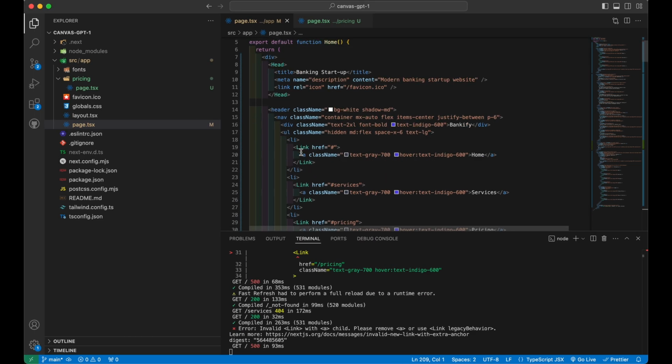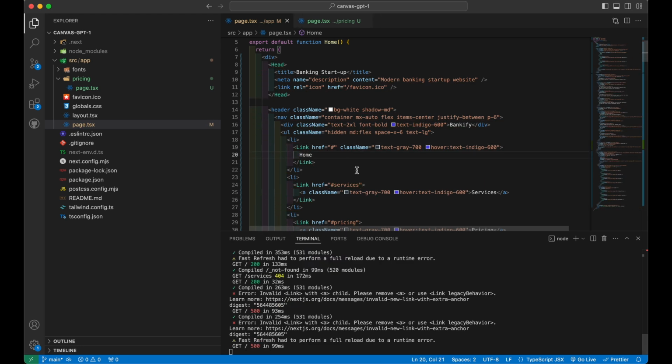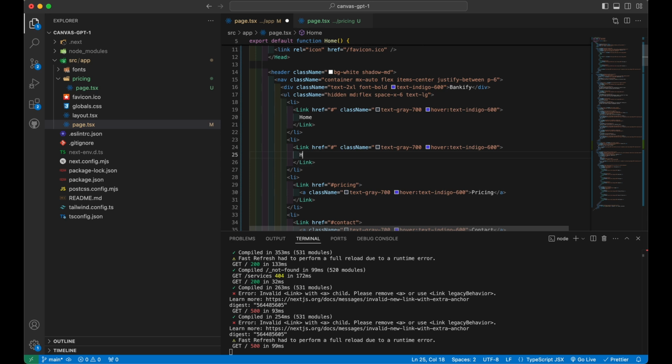I'll just manually override this for now, but let's go here. Let me just steal the class name, and then I'll just keep it on the link here, so like this. And it's gonna be annoying to go in every time, but let's go here, and let me just paste these real quick. I'll change those service, so this is services, yeah. So it's obviously AI still not perfect, but